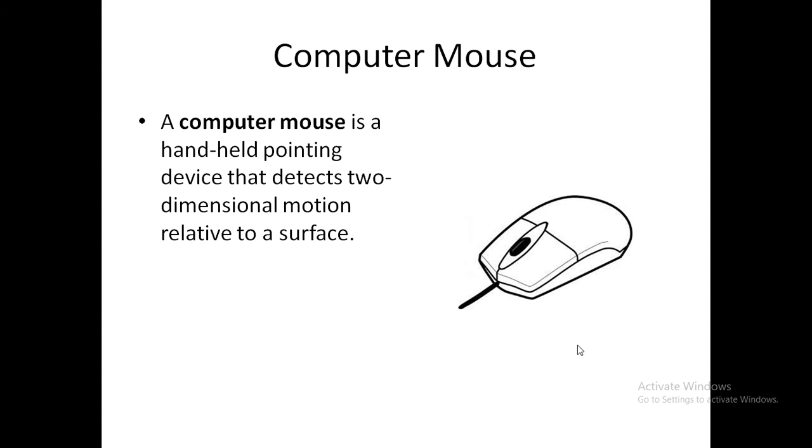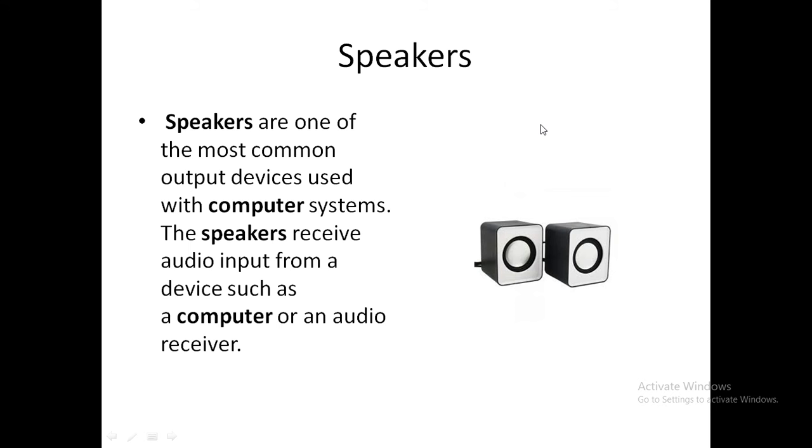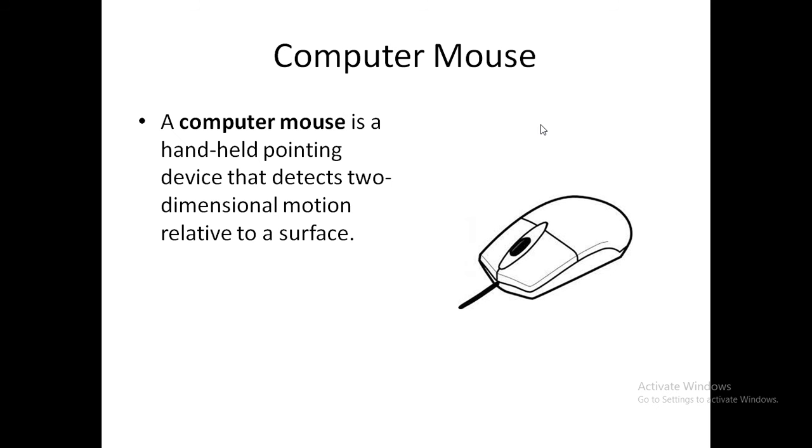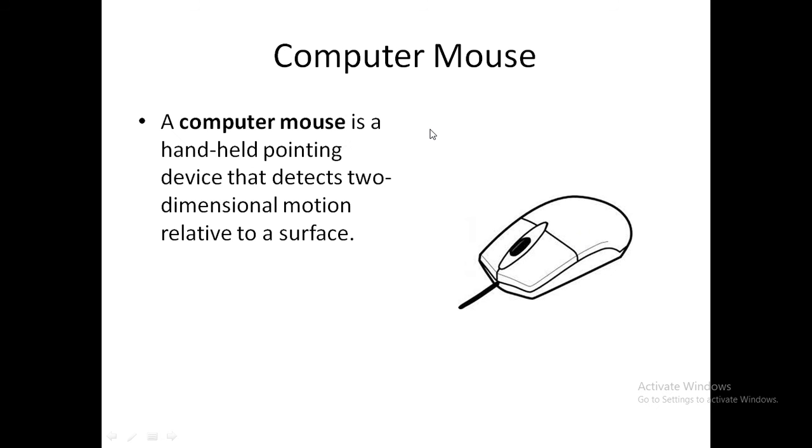Then we have a mouse. So the mouse helps us to point at any particular pointer on the screen. You can see this pointer here, white color pointer, on the black screen. So this is a pointer. It is moving. Why is it moving? Because I'm moving my mouse. So it will help me to close the slide, to run the slide, and to open the new slide. So I can work with the mouse on the screen.